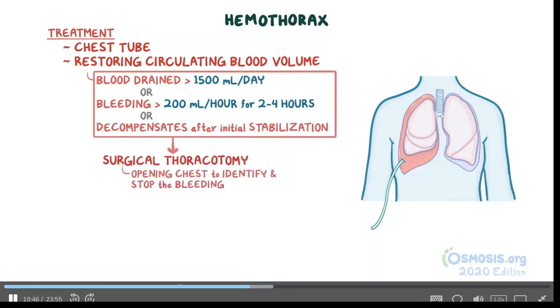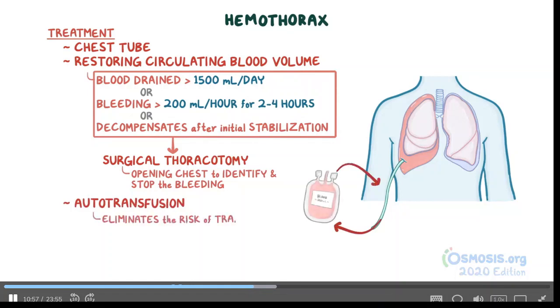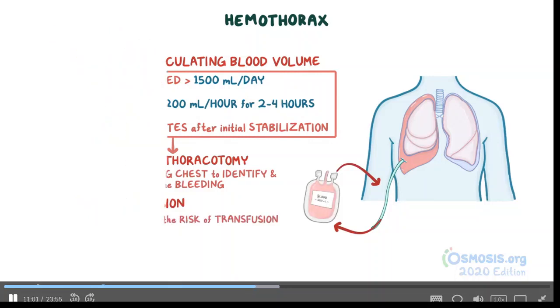A unique intervention to restore blood volume is autotransfusion. This means taking the hemothorax blood from the chest tube and giving it back to the individual intravenously. This eliminates the risk of transfusion reactions because it's their blood. Okay,